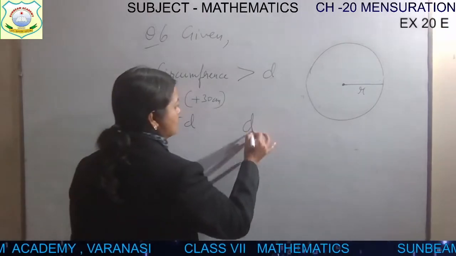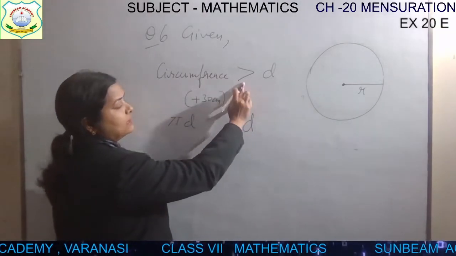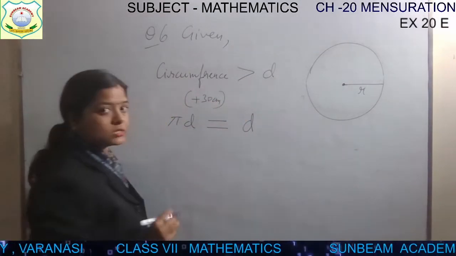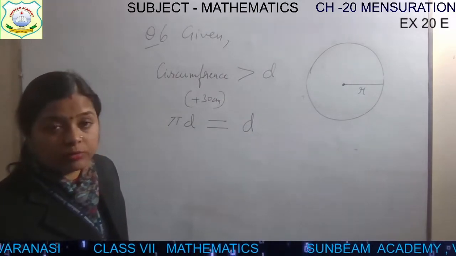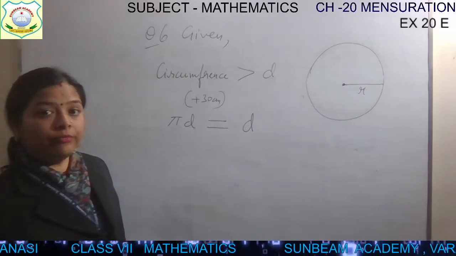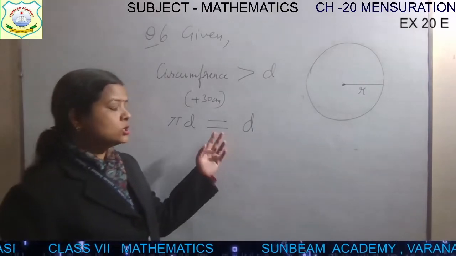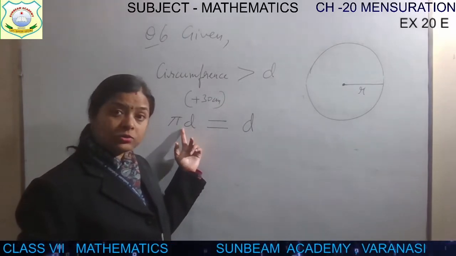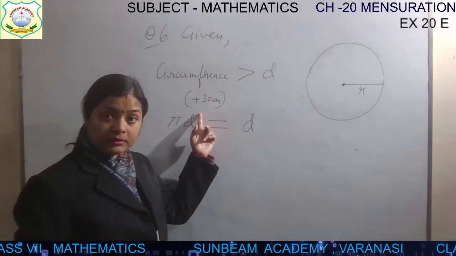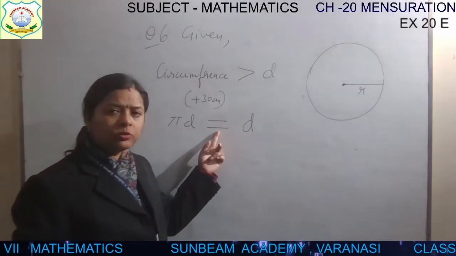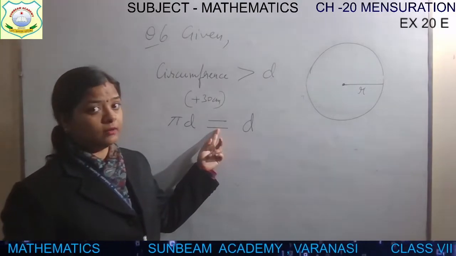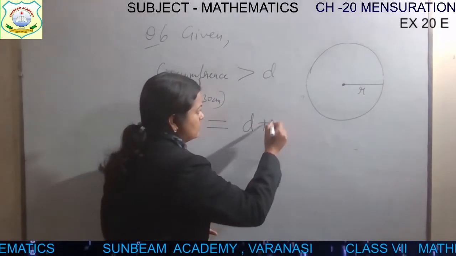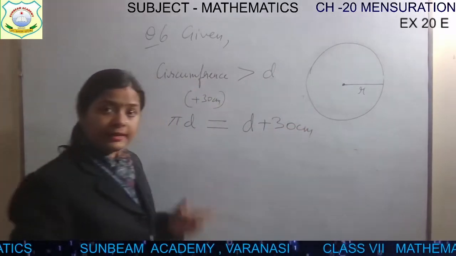And here it is diameter. So it is already greater. That's why I have put this sign here. So now how will I make it equal? Because if we make it equal, then only can we find the value of diameter and then ultimately the value of radius. This is circumference, pi into d, and it is already greater than the diameter by 30 centimeter. So how can I write equal to? It is greater, this is smaller. Children, if I put 30 centimeter here, can it be equal now?